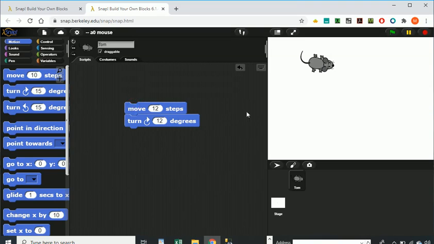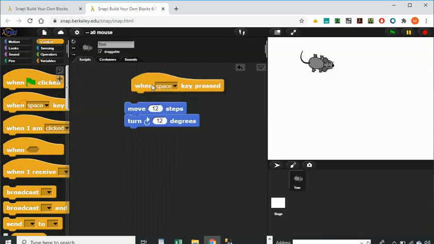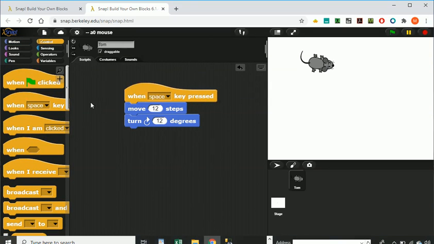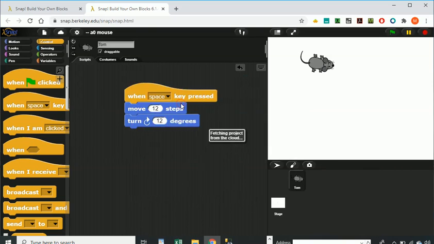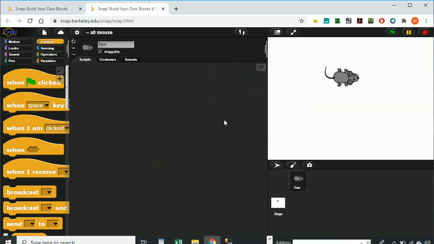Instead of clicking this block of code every time I want to run it, there are a couple things that I can do. I can go to Control and I can say when space key pressed. And then I can save it. And then